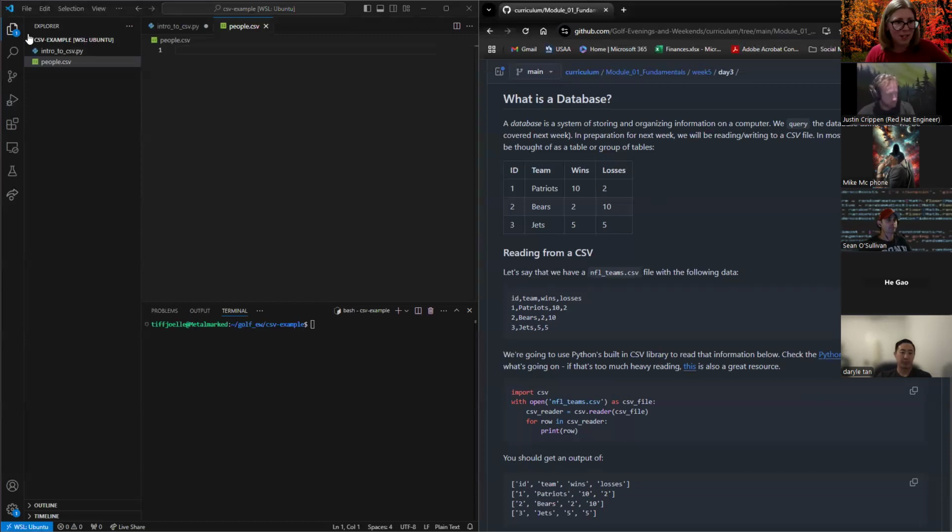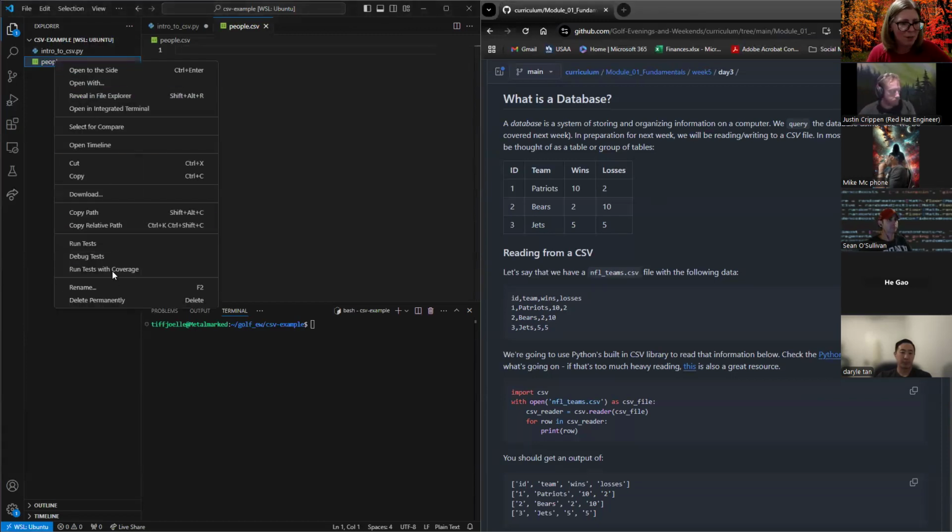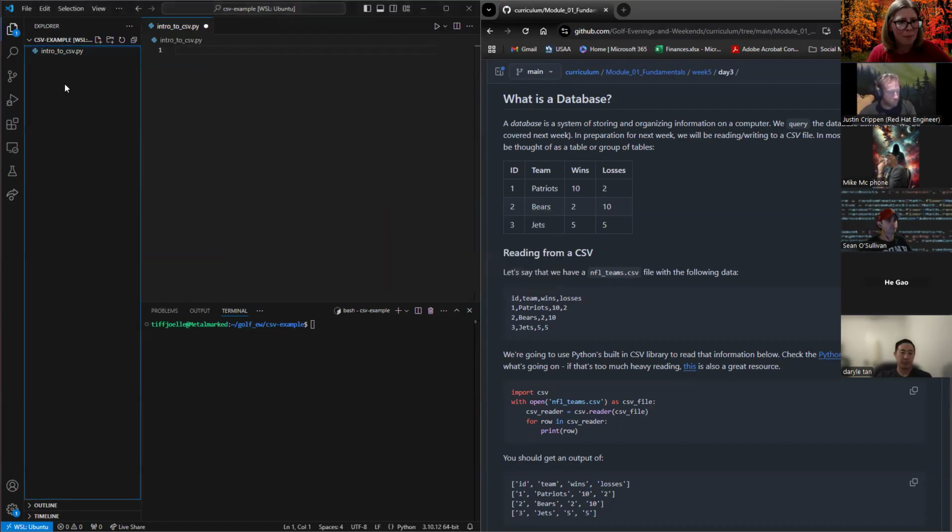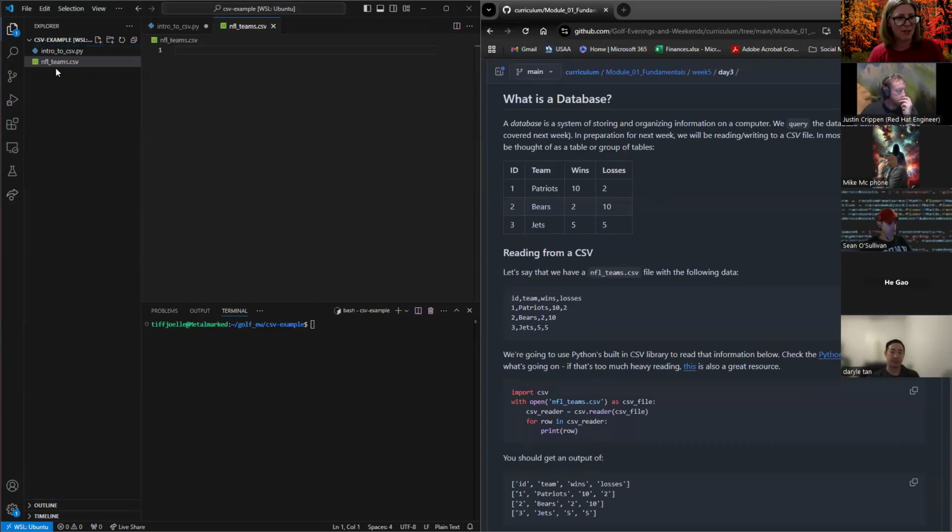So let's say we have not people. We are going to make a file that's called nflteams.csv. Okay, this is going to be our database where we're storing all of our information. I'm just copying this